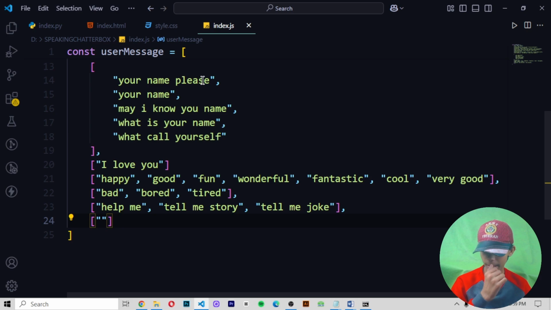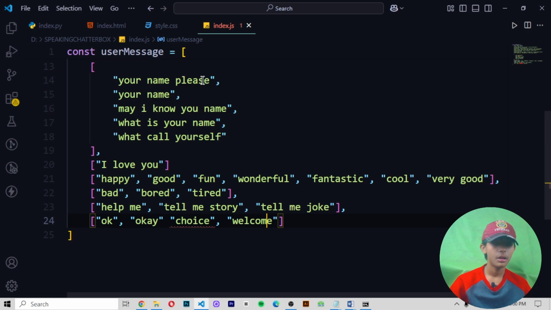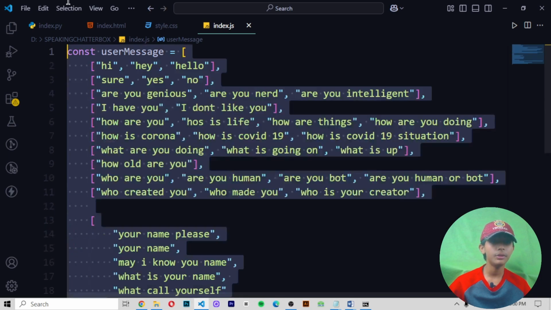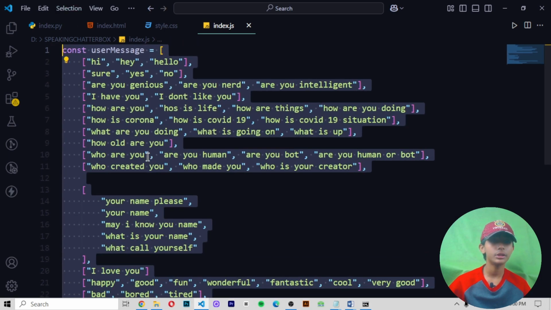Then okay, choice, welcome. Perfect. Now we have defined our whole database. Now we run it and see how it is looking.